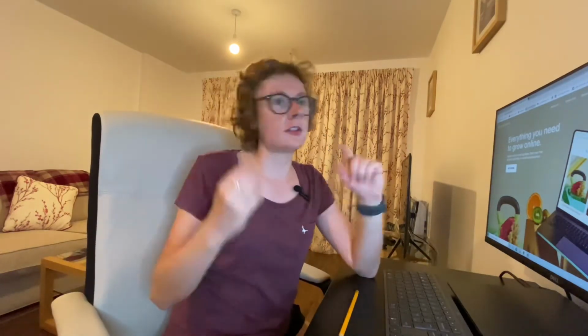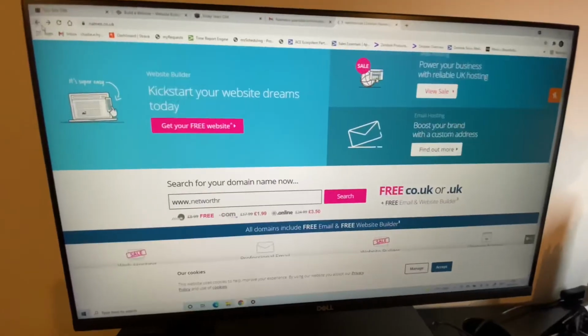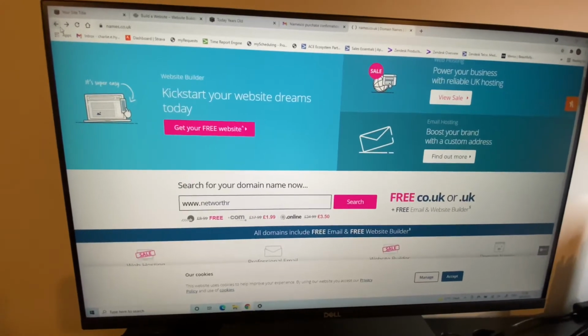The good thing about Squarespace is you can actually purchase your domain name through Squarespace. But I noticed when I did todayyersold.co.uk, I paid a premium to do that. So this time, I decided to find a different broker to see if I could get it a bit cheaper. Let me show you. You're probably already familiar with GoDaddy,